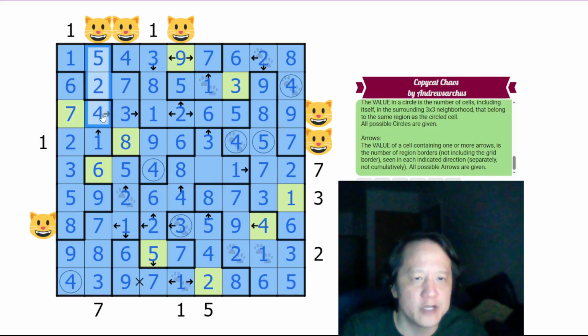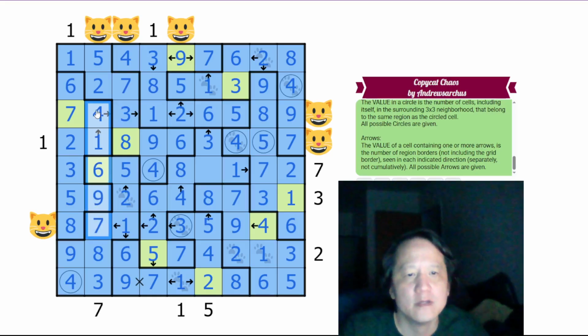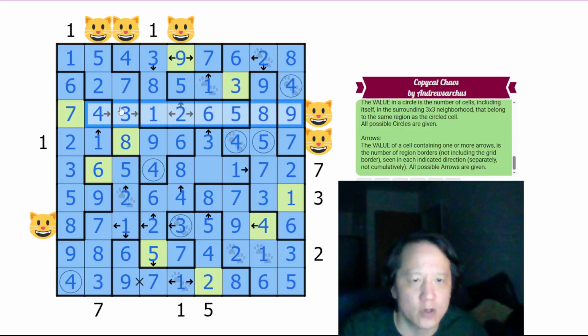4 is 1, 2, 1, 2, 3 that way. 1, 2, 3, 4, and it does have the arrow. This has 3, 1 that way, 1 that way, 2 that way, 1, 2, 3 that way, and it does have the arrow. 2 that way,